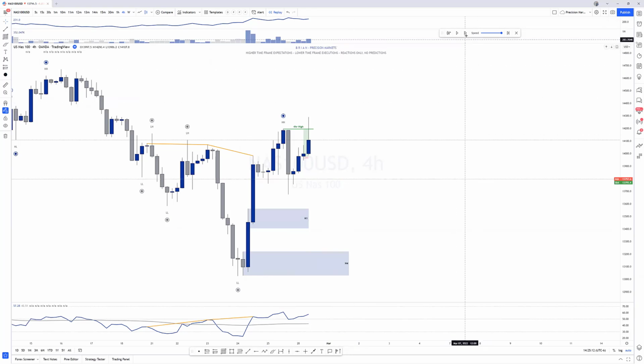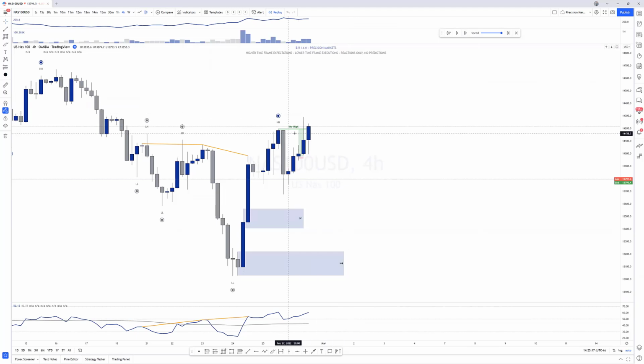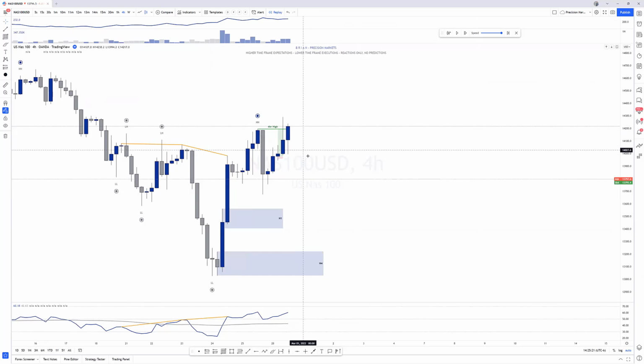I'm just going to go ahead and speed up because we're already at the end of the session, and I would have been done trading at this point. All right. Now we have a candle body close. So at this point, if the market pulls back,